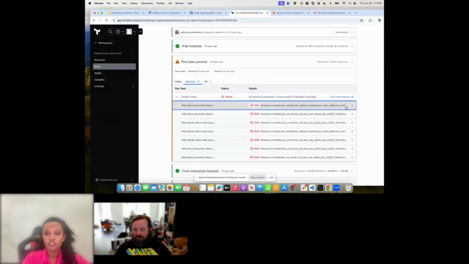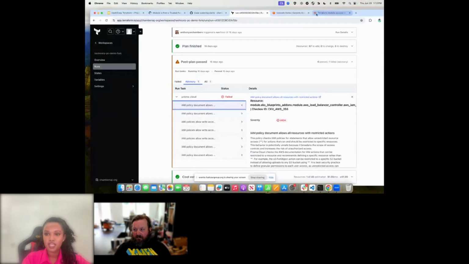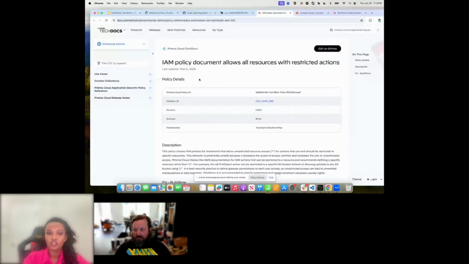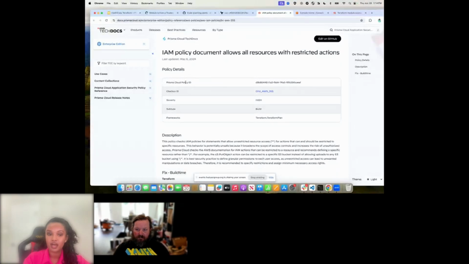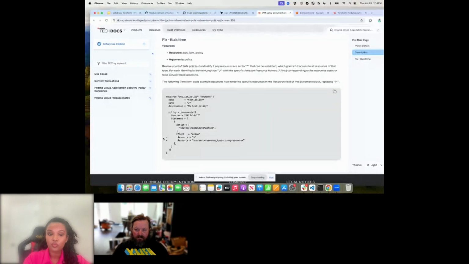But I can also just look at these findings from this view. Now, the same view, the same policy doc that you saw within the IDE that I clicked on is going to be available for me to preview here as well. So if I click on this, it'll actually go in and give me the Checkov ID as well as how that maps to the Prisma Cloud policy ID